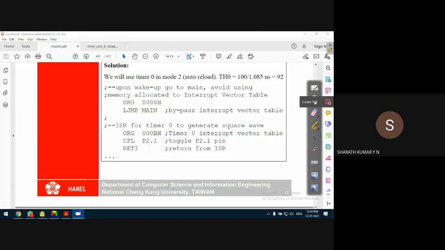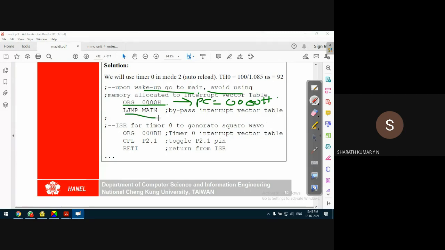When the microcontroller is restarted upon reset, by default the PC points to the first location, PC equals 0000H.